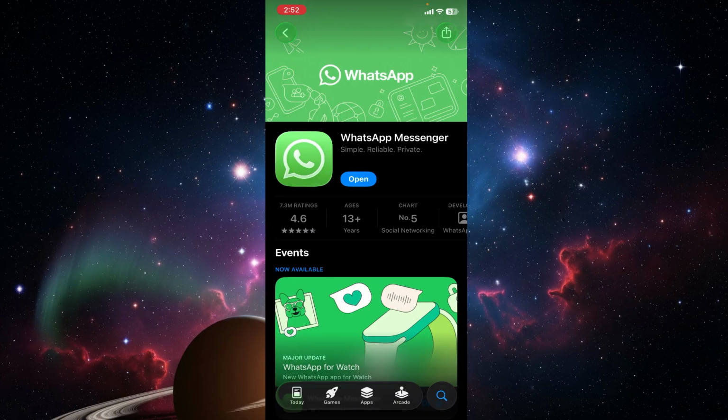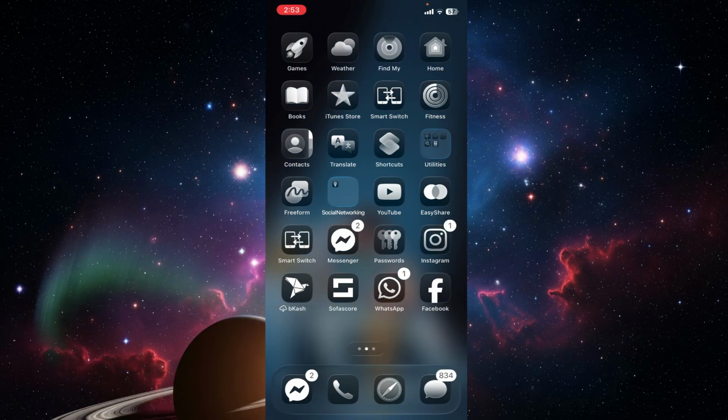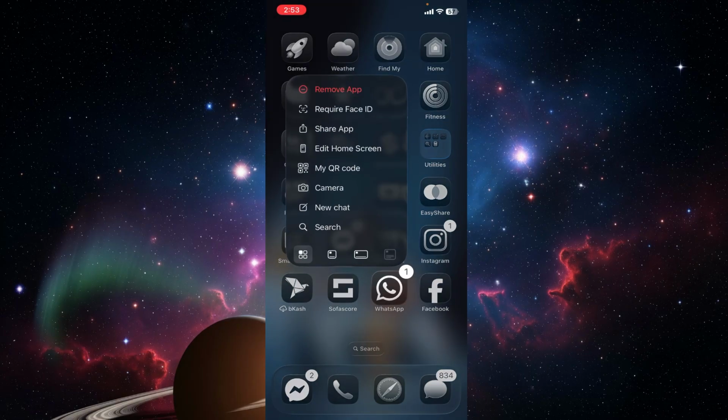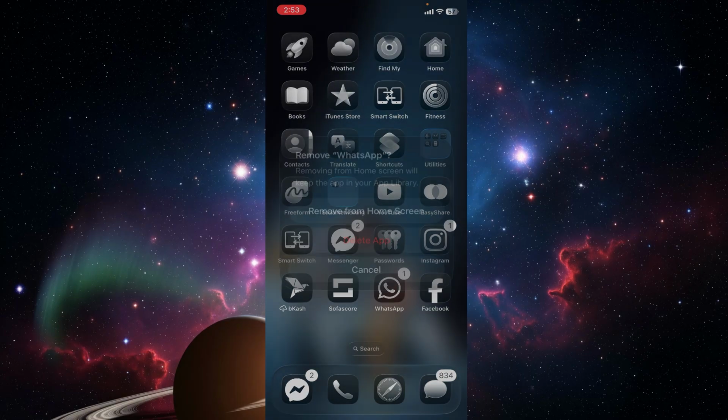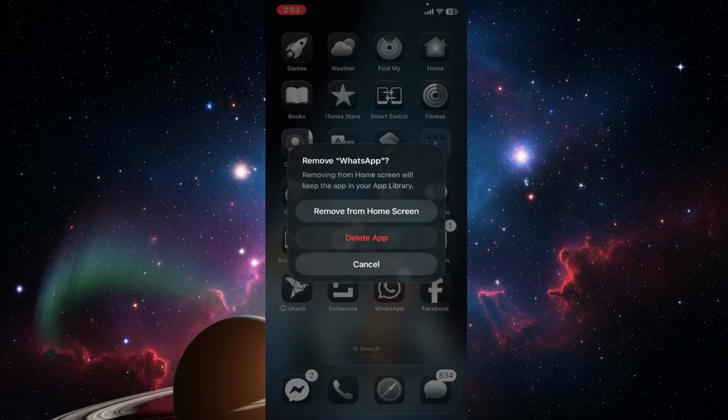But for some reason, if you don't have the new feature after updating it, I would recommend you to simply go to the apps and uninstall it. To do that, simply click and hold on that app and select remove app and just select delete app, and it will delete your WhatsApp. And after that, you have to reinstall WhatsApp from the App Store, and it will fix all the